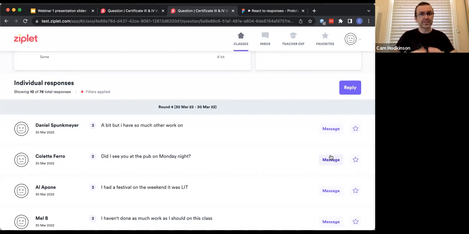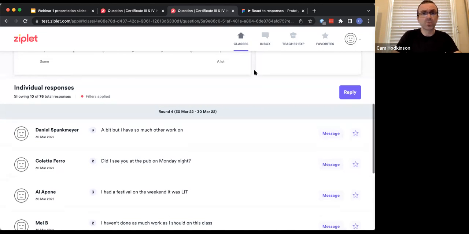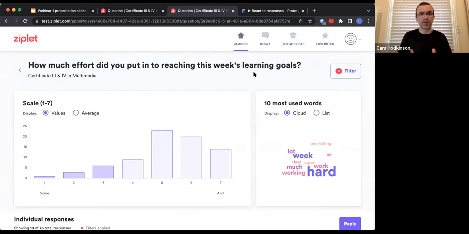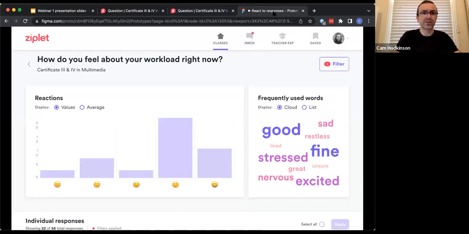So look, that's kind of coming towards the end of where we're at with the current product, and some of the really interesting tools that we've got available at the moment in Ziplet for supporting and interrogating and monitoring wellbeing, and then following up on that. But what I wanted to do very quickly is showcase 2 small features that we're working on that we think will enhance this even further.